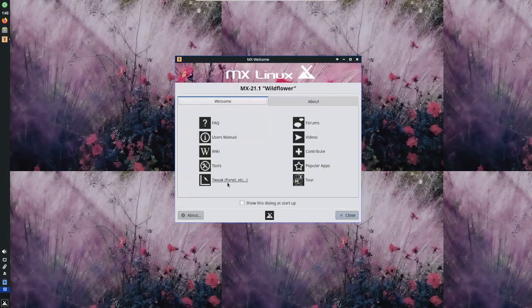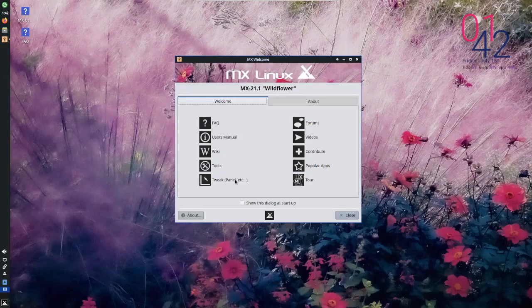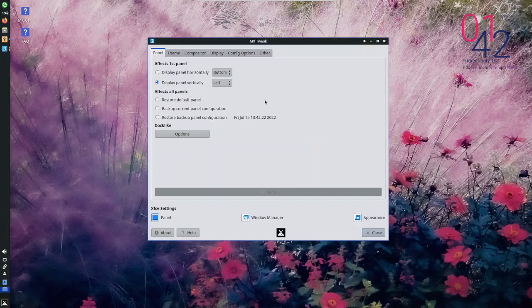Okay, so let's tweak first because this is driving me nuts. Let's tweak it. Yeah, I want to tweak it. Wait, what happened? Oh, there you go.